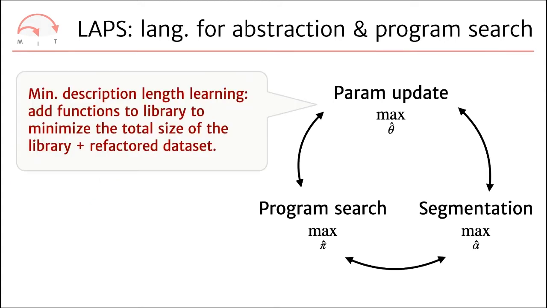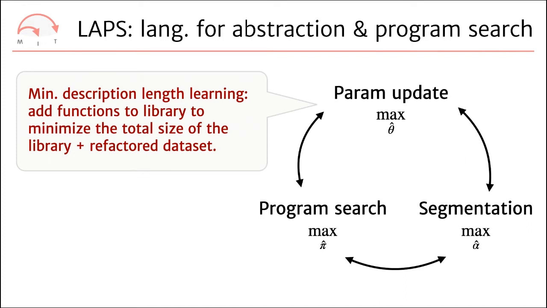Now, it's the parameter update step in this problem that becomes the interesting part of this procedure. When we update this model, having fixed a bunch of programs, we're going to do it by adding new functions to the library to increase the probability of our data set under this composition that we described before. You can give this a probabilistic interpretation, but I think actually the easiest way to think about it is in